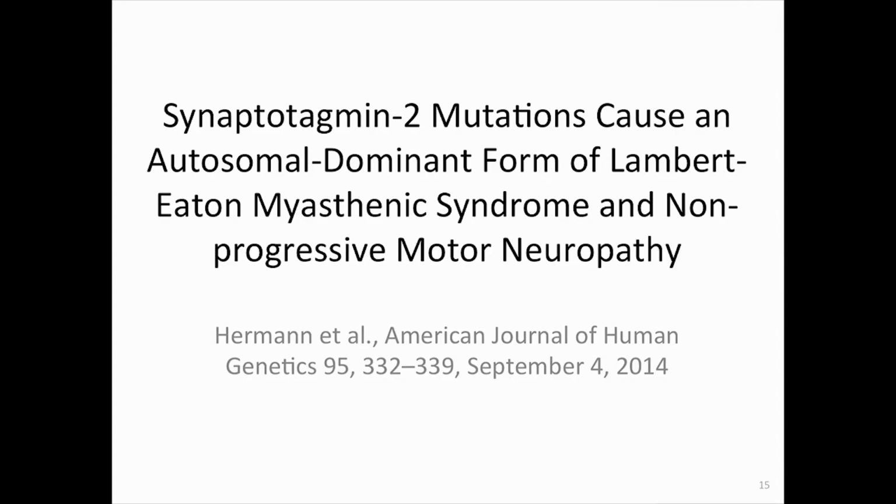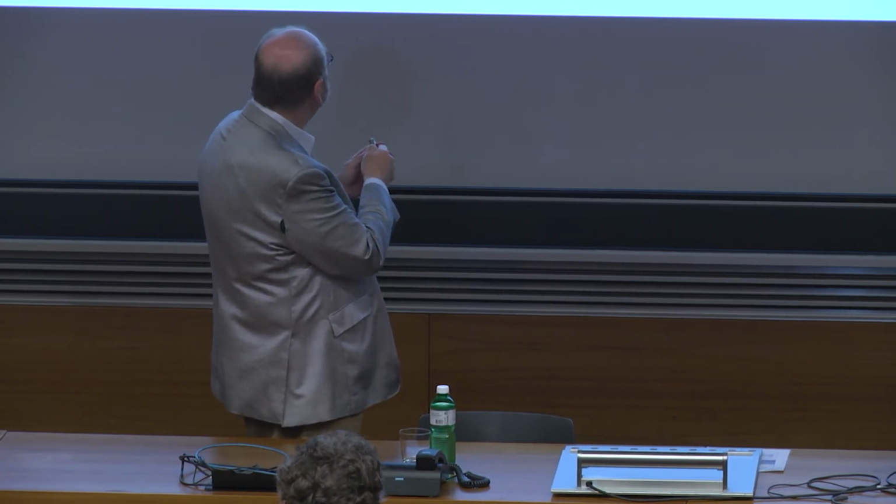A syndrome in humans was described in which the protein, the very protein we are studying, synaptotagmin, is mutated in these families. And the families have an interesting neurological syndrome that broadly falls into the category of Lambert-Eaton myasthenic syndrome, in which there is chronic and often, but sometimes intermittent, weakness in muscle. And when biopsy is done and when they're studied electrophysiologically, they have a poorly functioning neuromuscular junction is really what it boils down to, okay? And it tires easily. And these patients are mutated in synaptotagmin 2.